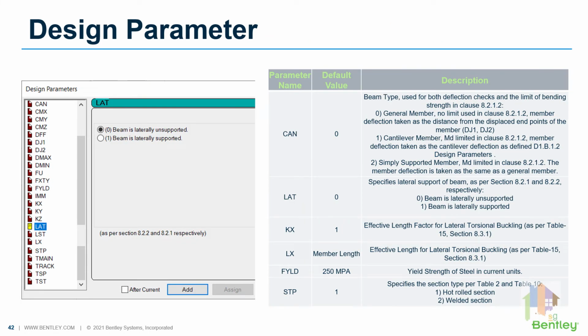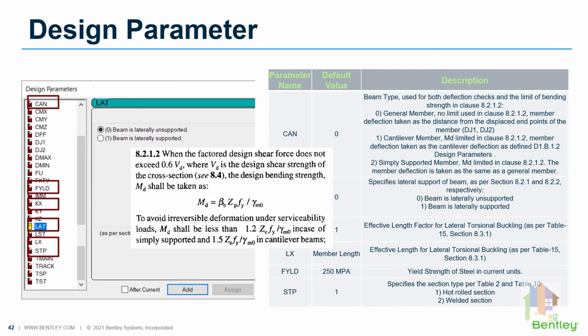There are 6 parameters which control the bending capacity calculation. The first one is the CAN parameter. This is used to define the beam type, whether the beam is cantilever or simply supported. It is used in clause 8.2.1.2, and if you assign the CAN parameter as 0, then these additional checks will not